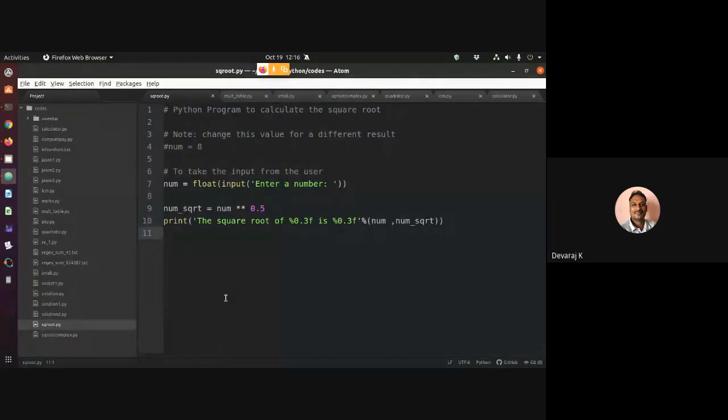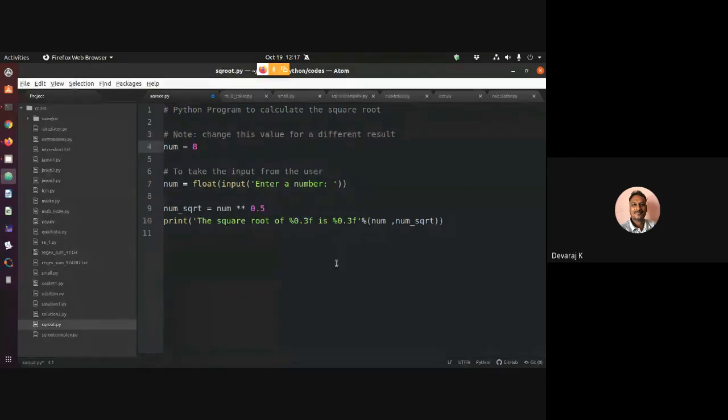Okay, fine. So for example, we all know that something I have in a variable. So something I'm going to define, A or B or whatever. Here is a problem statement: I want to find the square root of a given number. So that is the statement: a Python program to calculate the square root of it. Here, either I can define the number within the program itself, or I can input the number from the terminal.